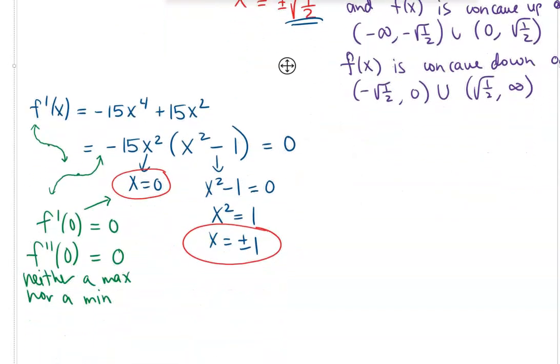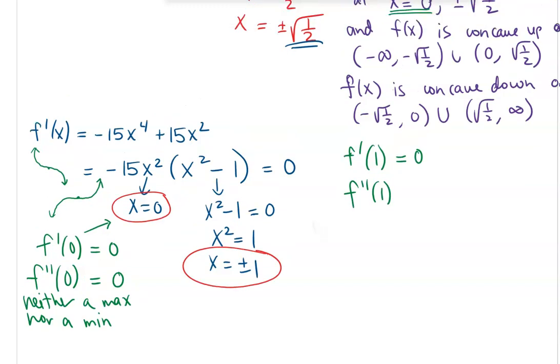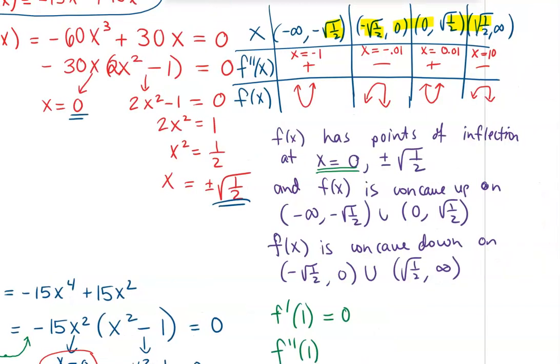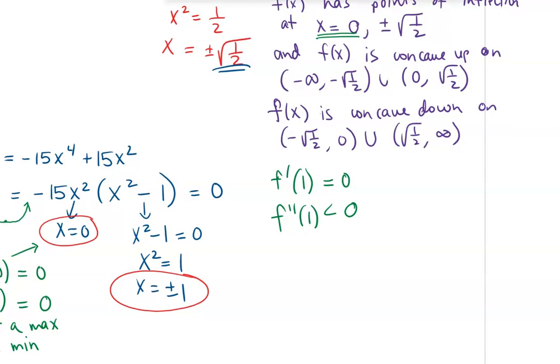So what we need to notice is that f prime of 1 is 0. F double prime of 1, according to this sign chart, would be in this interval over here. That is where my second derivative is negative. So the f double prime is negative. That would be like a concave down situation, causing this 0 derivative to be locating a maximum. So we have a relative maximum